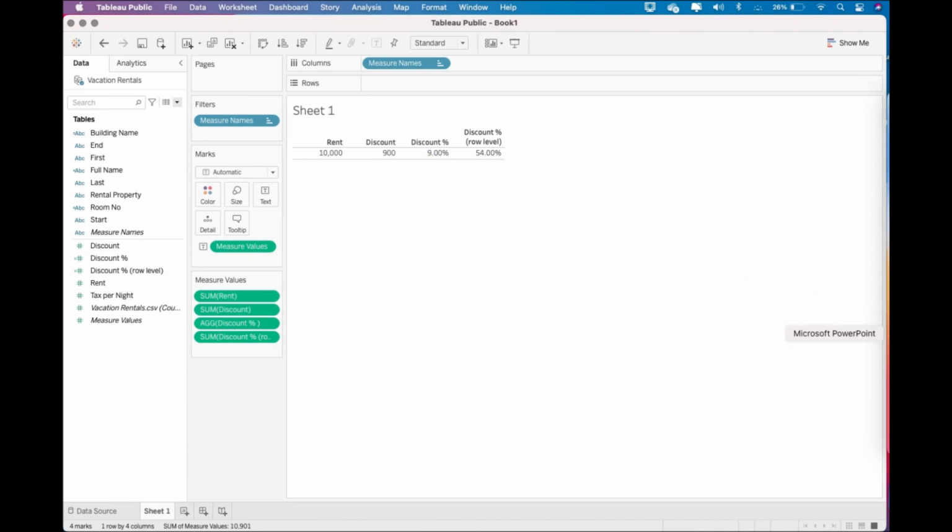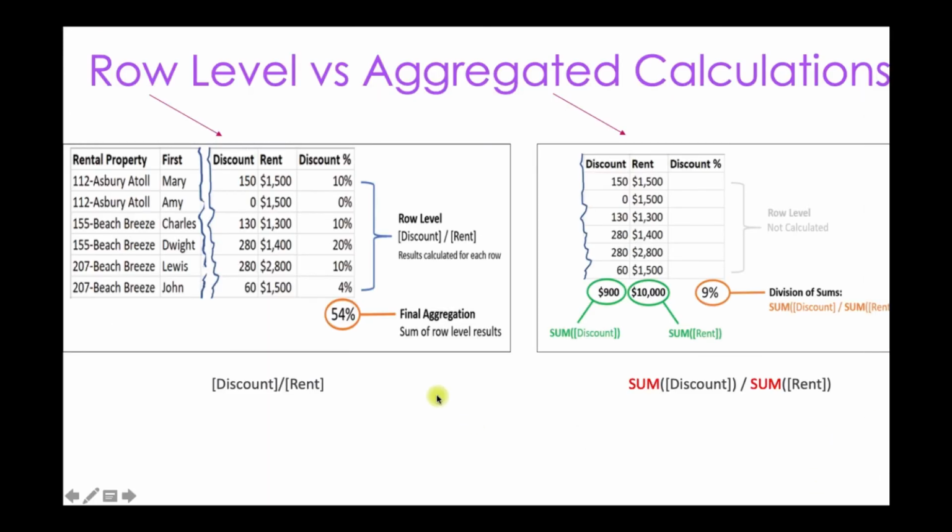Now let's go to the slide to discuss this. So here if you see, this is the same view which we were just discussing. So in row level calculation, what happens is discount is divided by rent for each row, and it returns a value for each row. Now these values are present in the table.